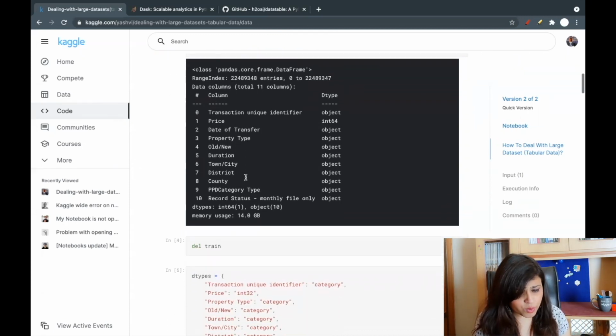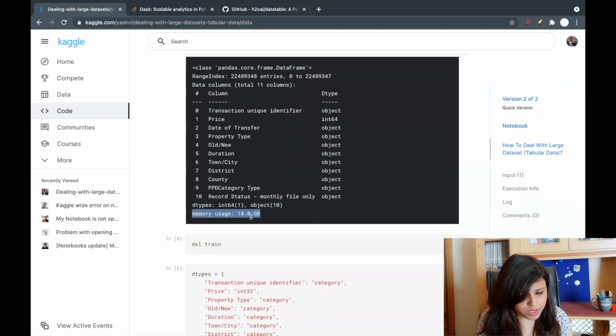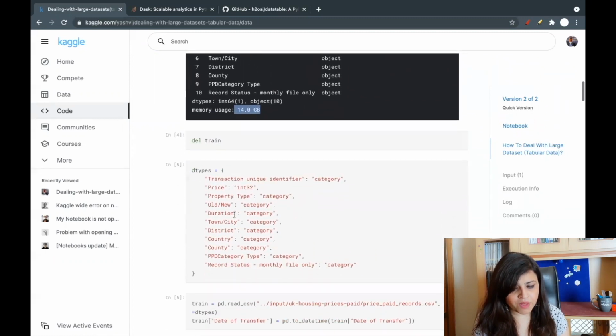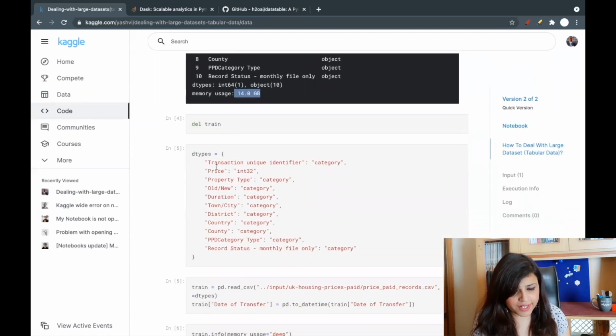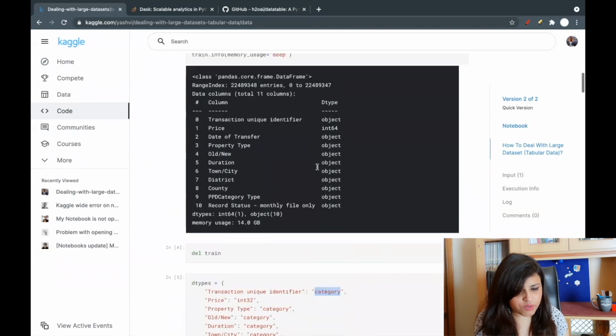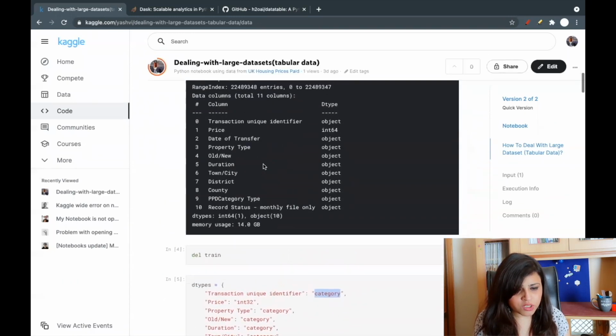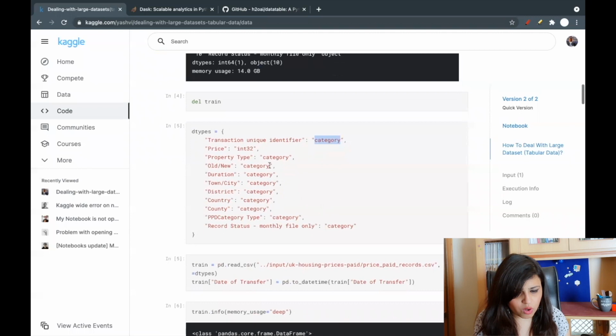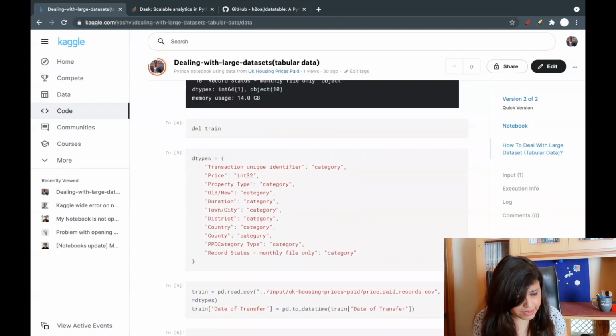Here I'm showing the memory usage before degrading. It's using 14 GB of memory. Now I change the data types. You can see I change int64 to int32, and all the objects I converted to category, and specify the parameter dtype equal to my custom dtypes.